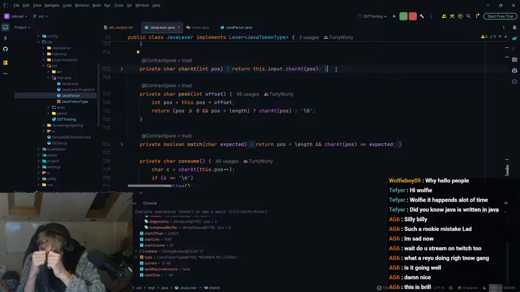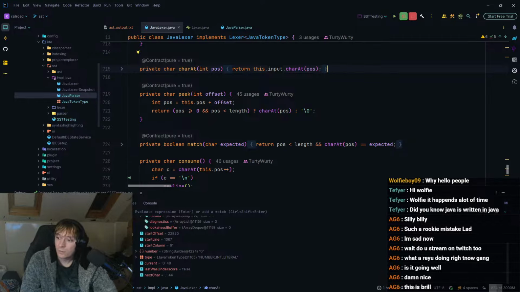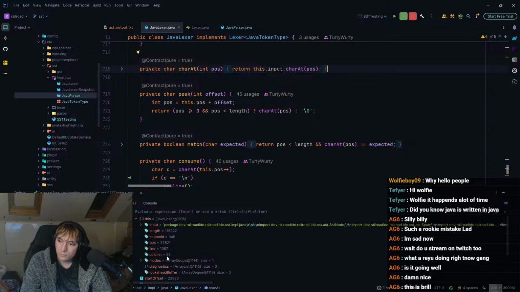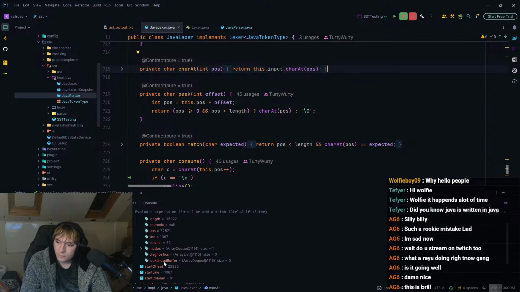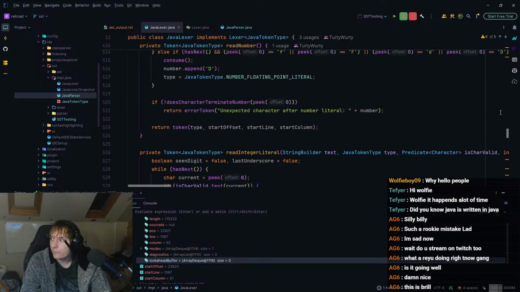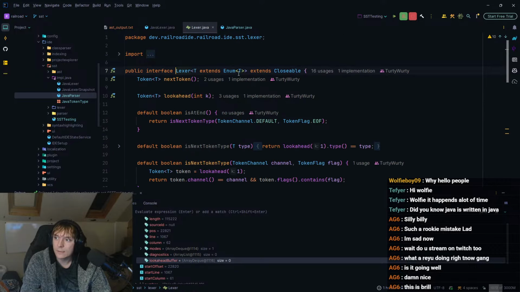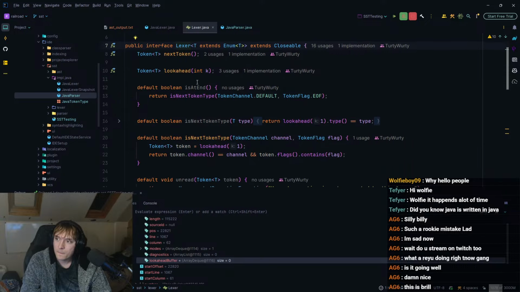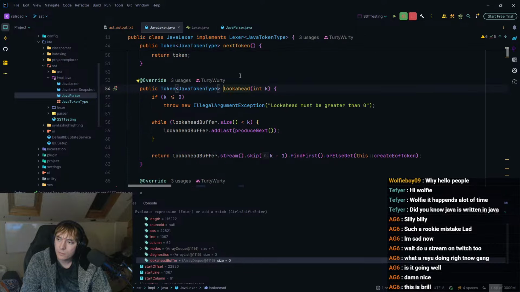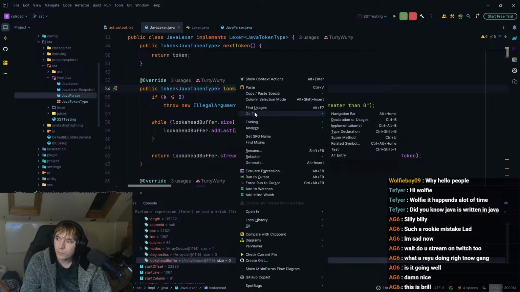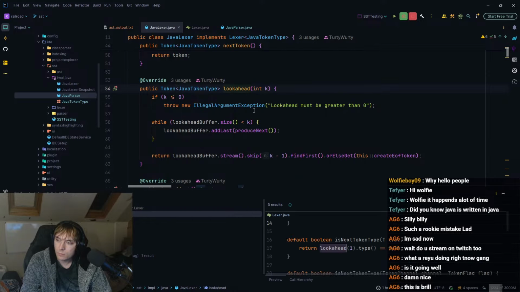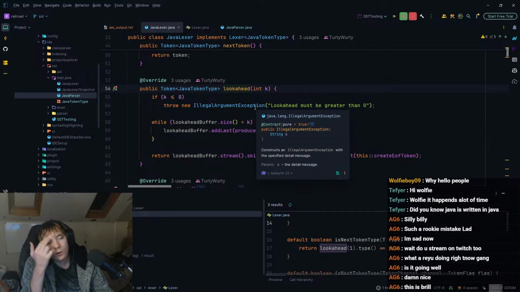Am I? Wait. Yeah, I'm not even using the look ahead buffer, of which I literally have. I'm just choosing not to use it. I literally have this look ahead method, but I'm not using it. Oh, no.